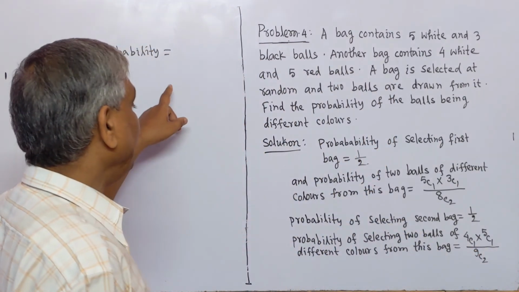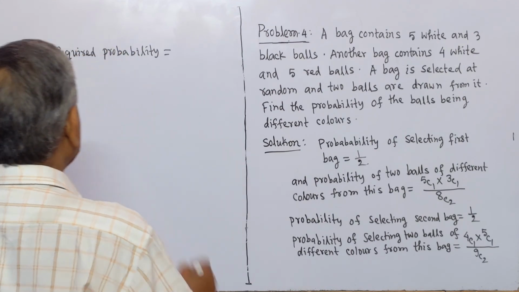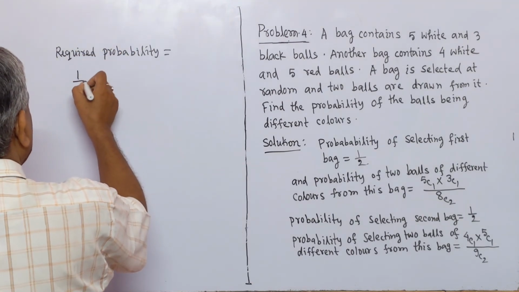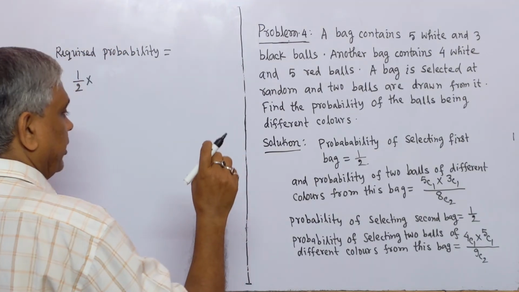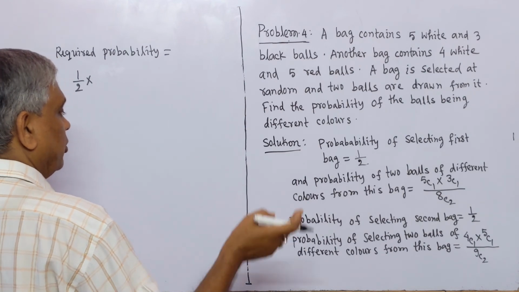Now required probability will be, firstly we select first bag, probability is half, and at the same time we